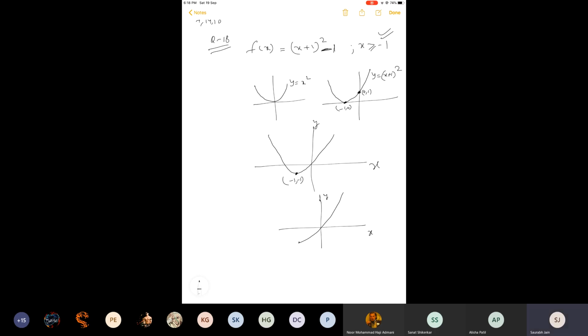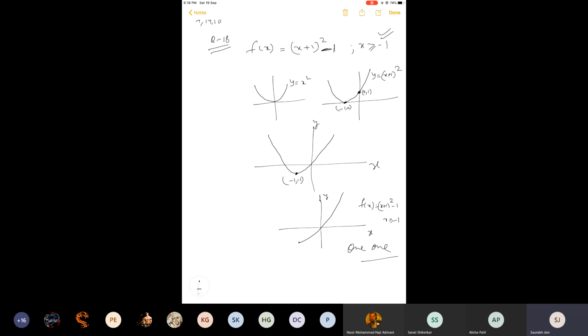So statement 2: f is a bijection. Okay, f is a bijection. But why are they saying that f is a bijection? Because where is the codomain? From here we can find the range. This is the actual graph that is required in the question, (x plus 1) whole square minus 1, x greater than or equal to minus 1. So if we draw a horizontal line, it will cut at only one point, so one-one is okay. How come it is onto? And why will it become bijective? Where is the codomain given? They have only given the domain, x greater than or equal to minus 1. Where is the codomain?